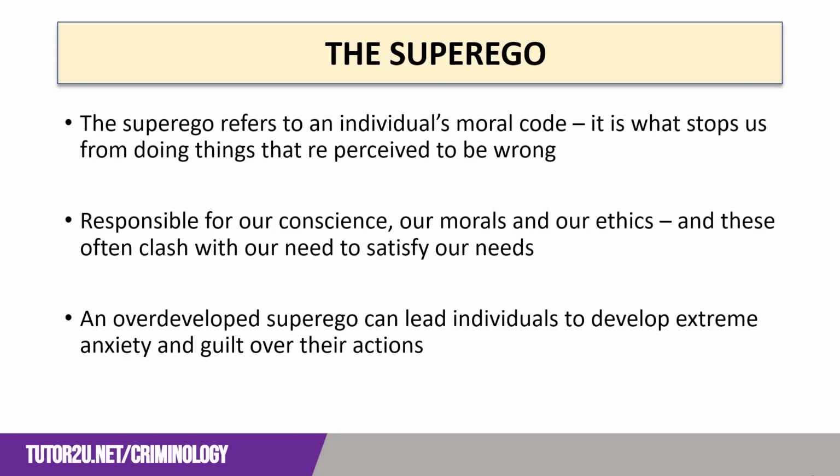The superego is also responsible for the shame and guilt that we feel when we do something wrong, and this prevents us from repeating such actions. It also controls our anxiety, our fear of doing the wrong thing, and this is why there needs to be a healthy balance between our morals and our desires.